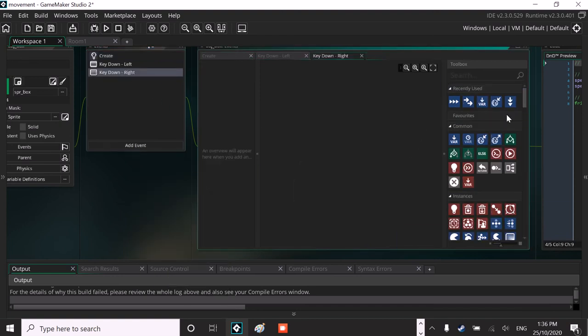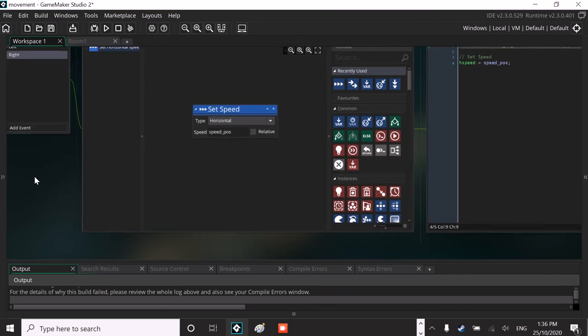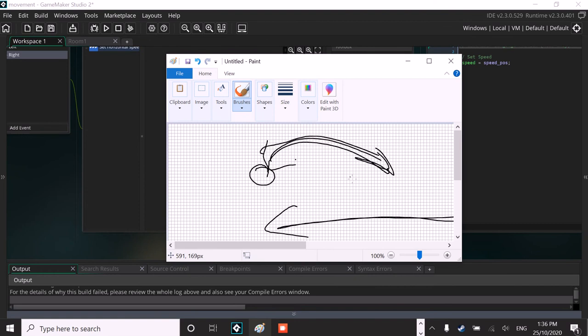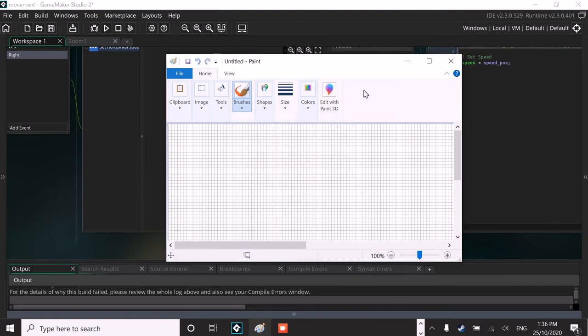And every time you use an item, it comes here. Okay, set speed, direction, horizontal, speed, pos. Okay, we're making it the positive speed because, all right, so I'll show you now what I mean. Okay, so when it comes to